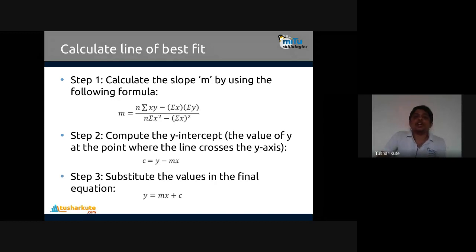Then step number 3, substitute the values in the final equation, that is y is equal to mx plus c. We know m, we have calculated m, we calculated c, and we know x already. We know the y value. X is also known. We substitute these values, and then our model will be created. But our model is actually created in step number 1 and 2, because the most important part is to identify the value of the slope and the intercept. Only the slope has its own formula; the intercept is calculated using the same linear equation. There is nothing different inside it. So c will be calculated, and then we'll substitute into y is equal to mx plus c.